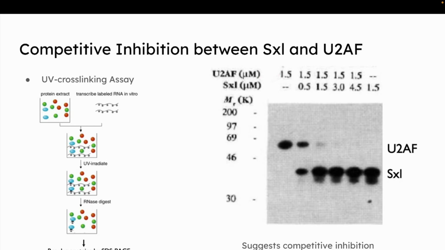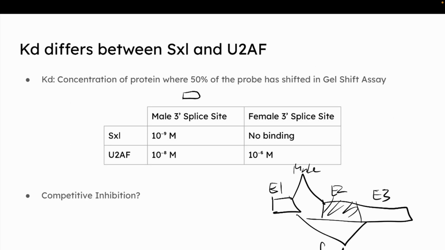So now you can directly see how the two interact when you change their concentrations together. Here it was just measuring in an in vitro experiment how much you need. This independently shows that Sex-lethal has a higher affinity than U2AF, but this doesn't actually show their interaction. These are the same experiment but separate tubes. It doesn't actually measure their interaction,